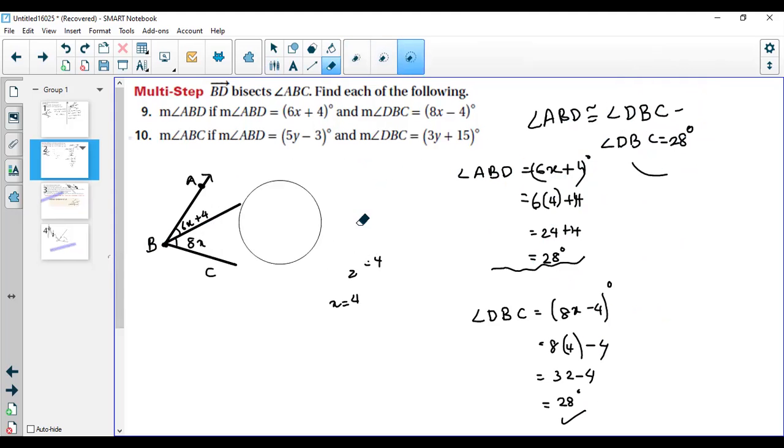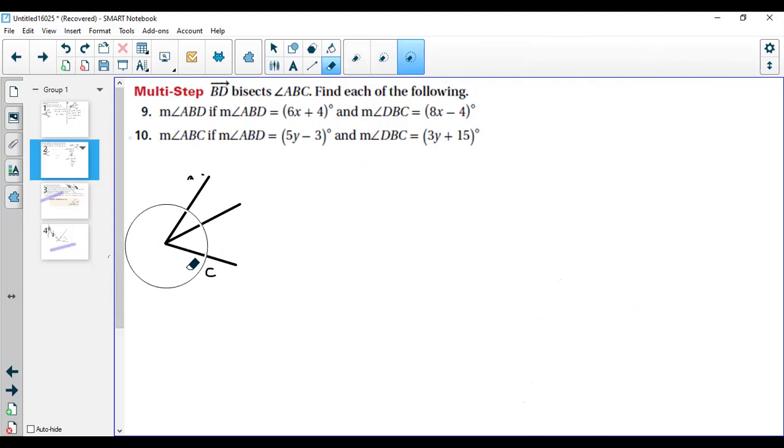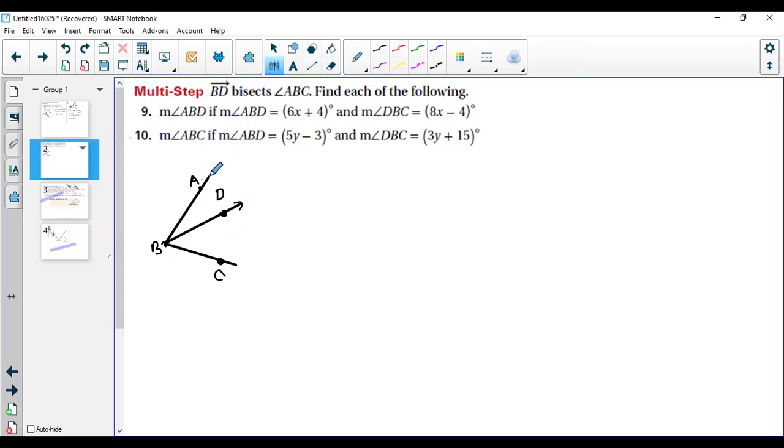Let me erase this. Okay. So I'm using the same figure because the same figure is for the question, but I will only name this ABC because that's angle ABC. Okay, that doesn't look like a C, but you can understand. Okay, if angle ABC, measure of angle ABC,